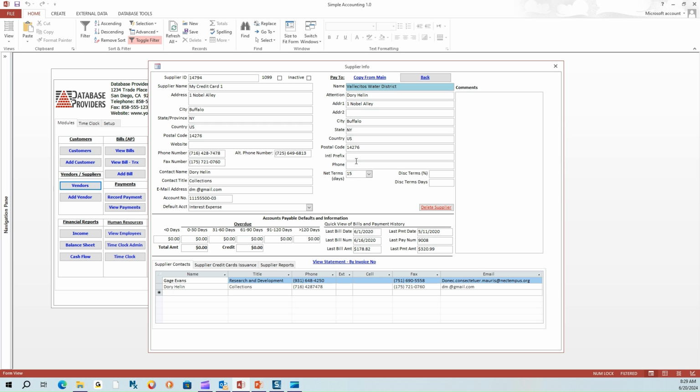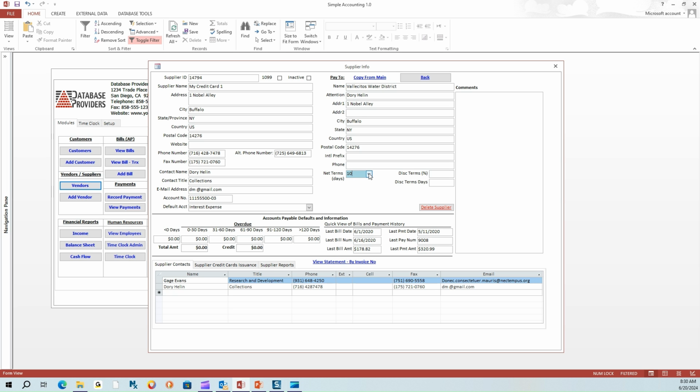There are two crucial defaults to set when adding a new supplier, both highly recommended and utilized when recording bills to pay. The first default is to enter the supplier's payment terms. The number, or days, identified in this field will be used when recording bills to pay and adding the bill's due date. The bill due date will be automatically set using the calculation of the bill date plus the number of days set here. So, for example, if a payment term of 10 is entered into this field when the bill date is April 30th, 2024, the payment due date will be automatically set as May 10th, 2024, 10 days